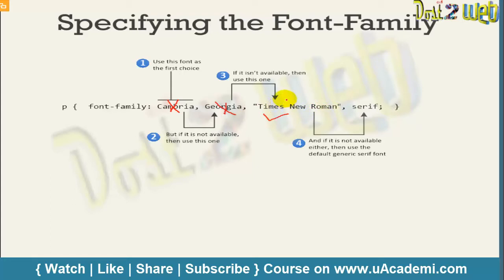In case even this is not available, it will automatically take the last one. By default, Times New Roman will definitely be there on any machine. If all three are not there, the fourth one it will take by default. Then the user will be using the font family of any one of them according to availability on their machine.